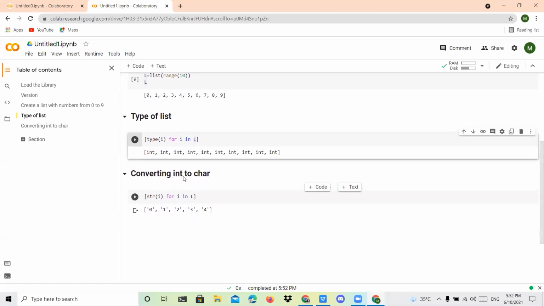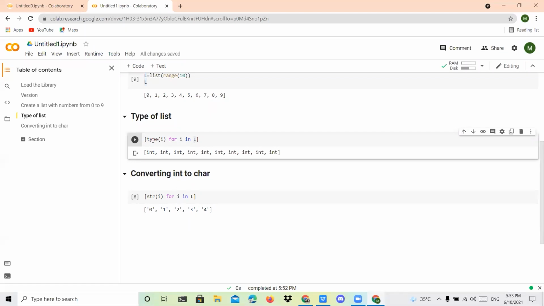Now I want to convert this integer type into the form of a character. Something is called a character if it is in the form of a single quote. If you represent anything in single quotes, that thing is called a character. To convert to character, again you have to use a square bracket, same format as the type checking.